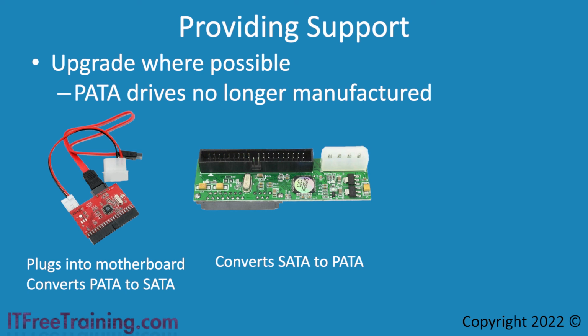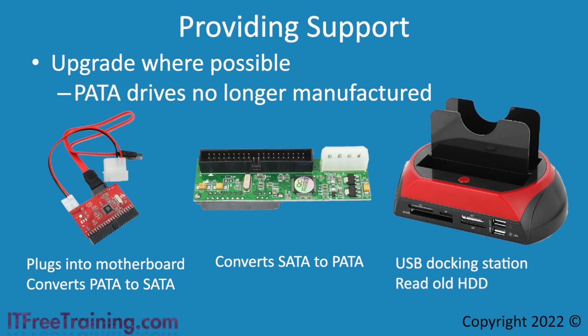One option to read the data is a USB docking station. A docking station like this will allow you to plug in the hard disk and read it on a computer using USB. Some docking stations will support PATA, but are getting harder to find. Some like this one will also support removable media such as USB thumb drives and flash memory. If you need to access data on a PATA hard drive, it may be worth buying a good docking station like this one, which will meet your current and future needs. Personally, I would use a docking station like this to read the data and replace the hard disk.